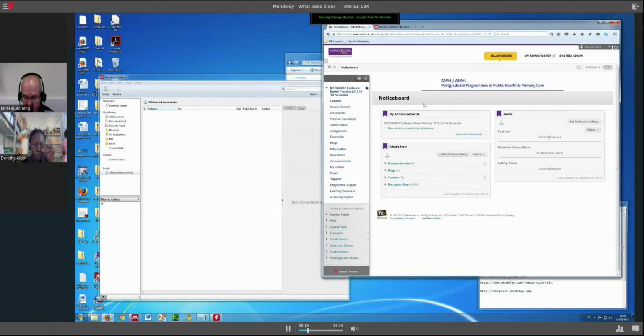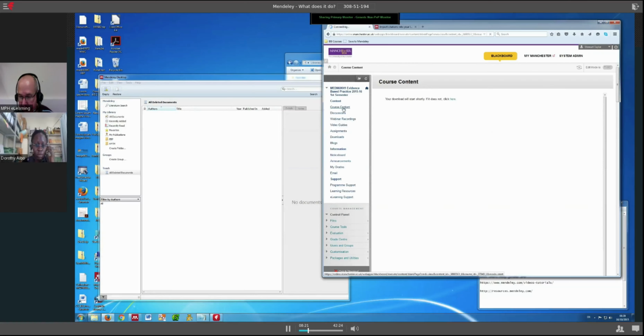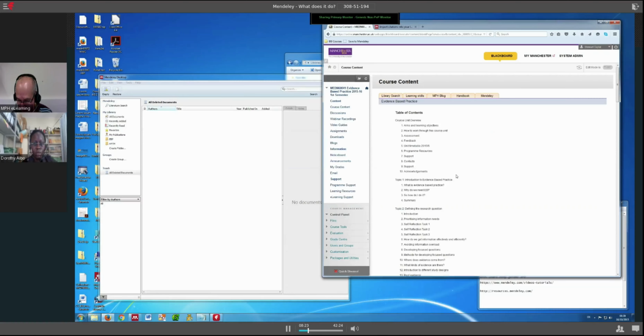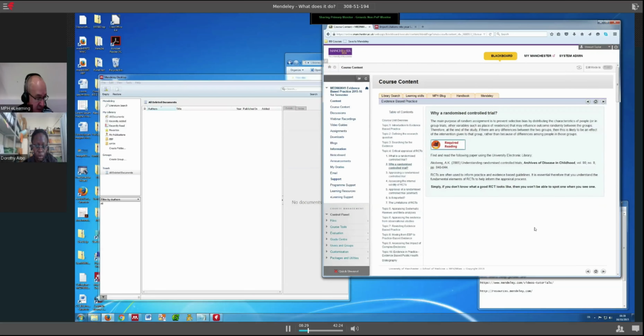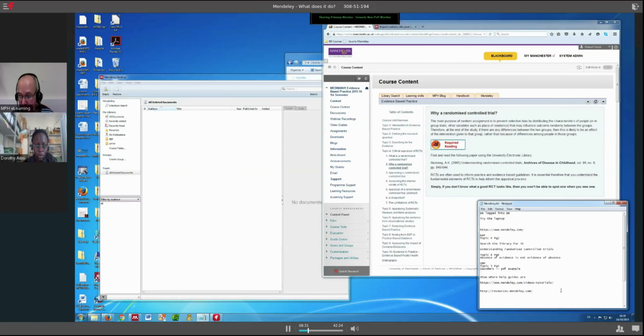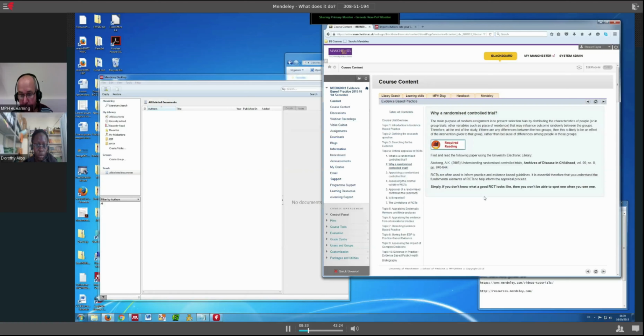And just into the content. Topic 4, page 2. I'm just using this as an example. I know that part of evidence-based practice, if that's what some of you are doing just now, is about going and finding references. So the way I'm going to go and find this one, Understanding Randomized Controlled Trials, I'm just going to copy that title,